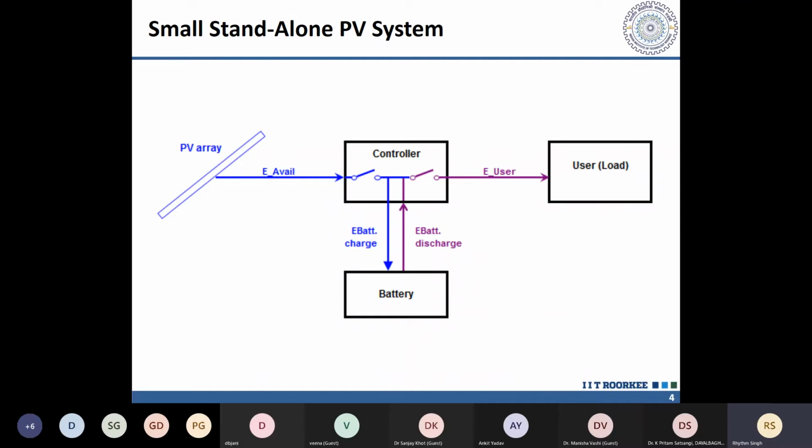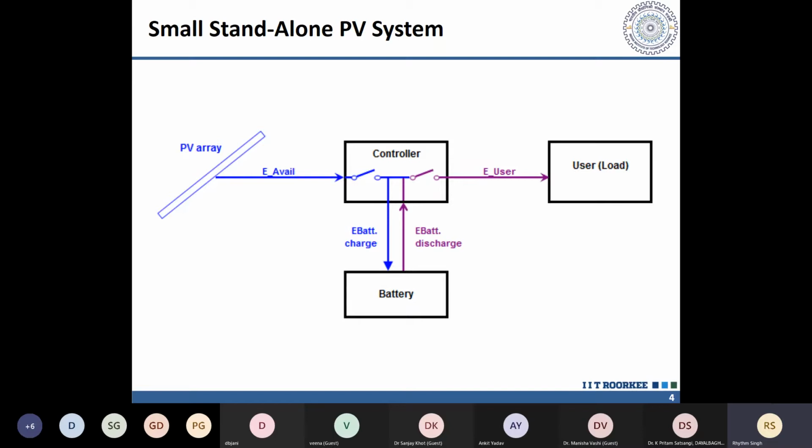Now in the standalone PV system also, we will discuss three different types or three different sizes of PV systems. So this block diagram here shows you the small standalone PV system, and these smaller systems are very simple in nature. The idea is that they are of a very low power rating, typically 50 to 200 watt peak. So it's like a small solar home system for maybe running a few lighting or fan loads and all. So this one is a very simple one,